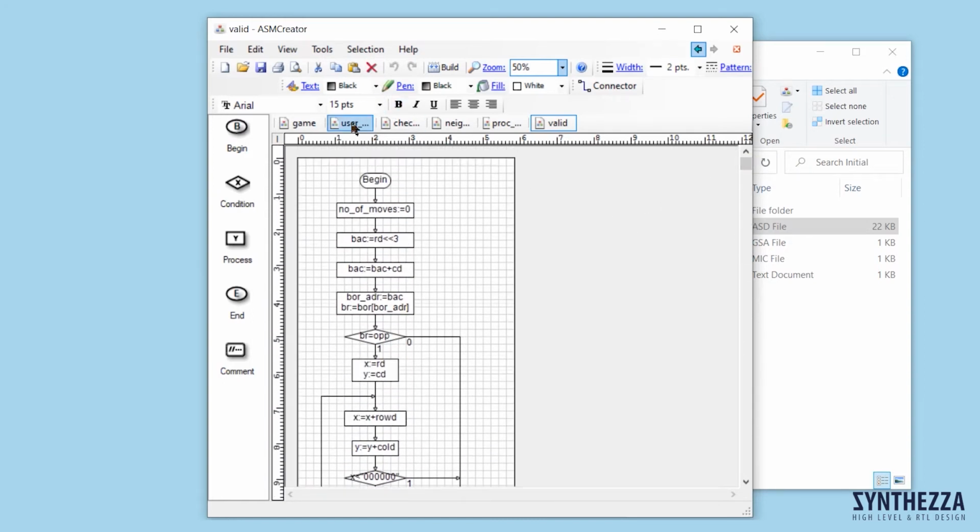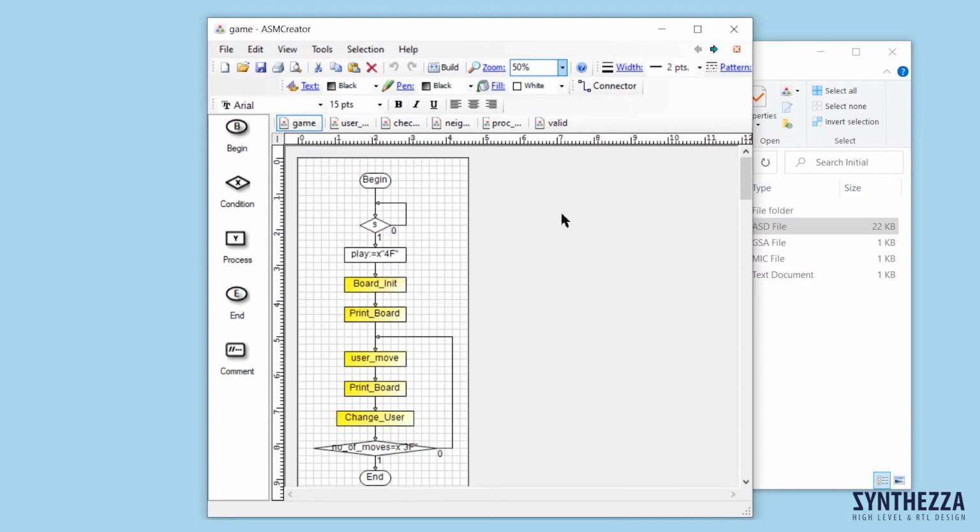With generalized operators, we can implement top-to-bottom design. From a design standpoint, complex ASMs aren't necessary. As a rule, they contain about 7 to 10 vertices. The designer must put generalized operators in the folder General, which is a subfolder of folder Initial. You can find all of the ASMs in the folder Initial at synthesa.com. Thus, before we design, we have ASD, GSA and TXT files in folder Initial and its subfolder General.